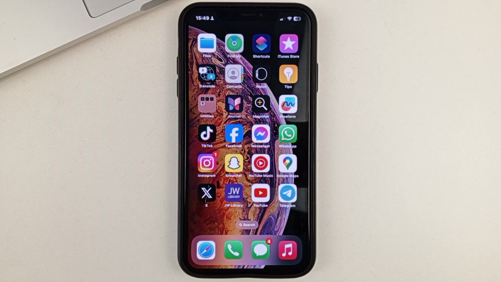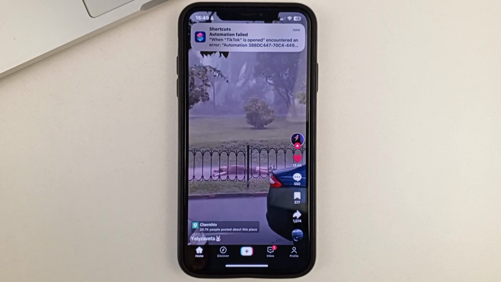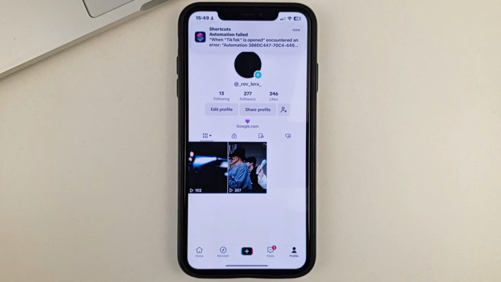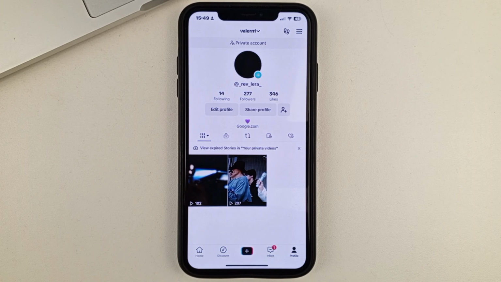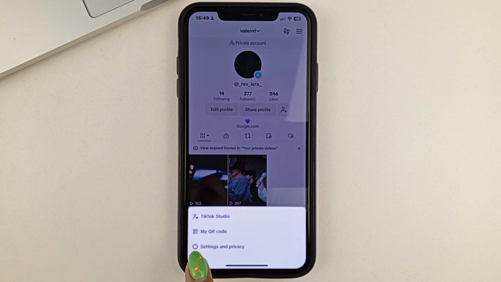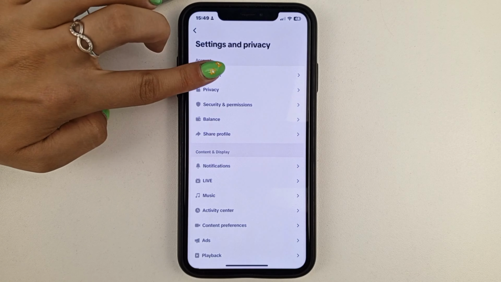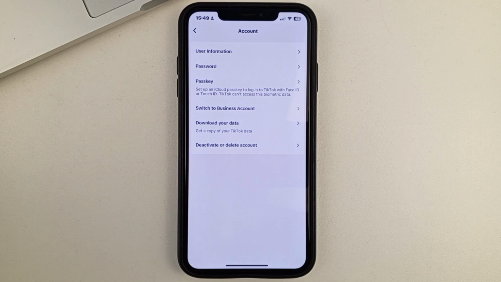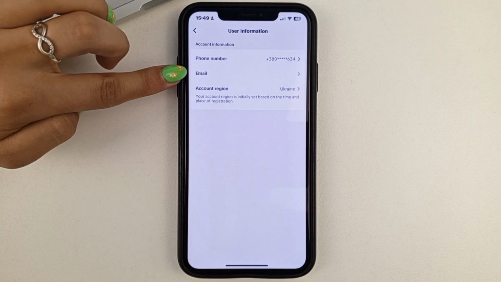And let's get started. Please open the TikTok app on your phone and then go to your page. Next, you'll need to tap on the three bars in the top right corner. Next, Settings and Privacy. And here, select the Accounts option. Next, User Information and Email.